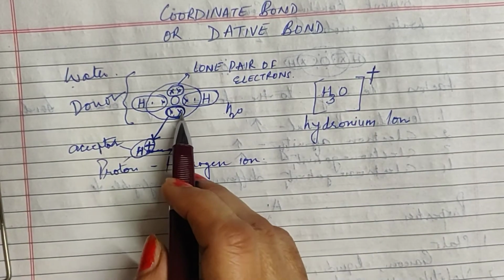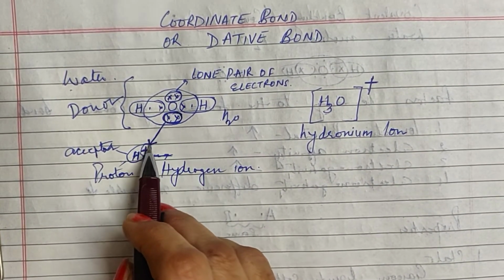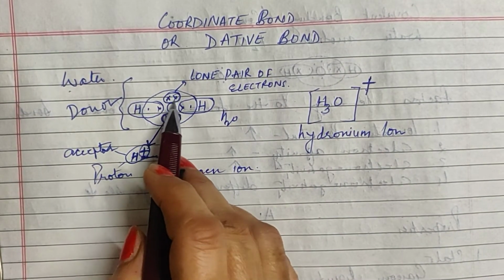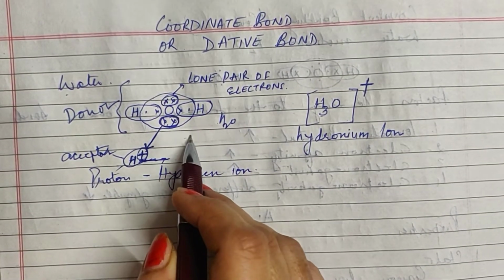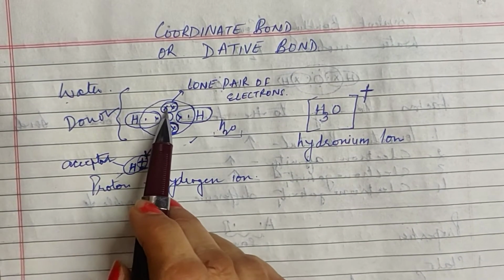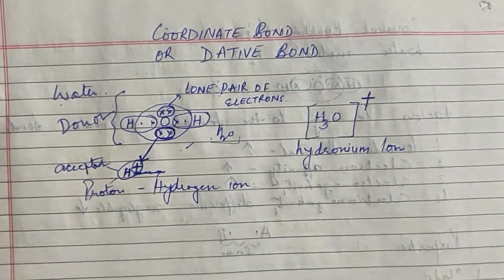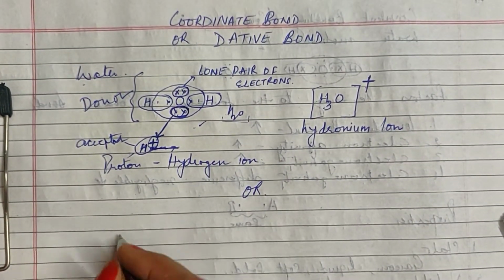Now already by sharing one of its pairs of electrons with the hydrogen ion, it has acquired a charge. So the other lone pair of electrons is not shared with any other thing. This continues to remain like this. Either water is formed or hydronium. The second lone pair of electrons is not shared with anything. We will take one more example, the ammonium ion.